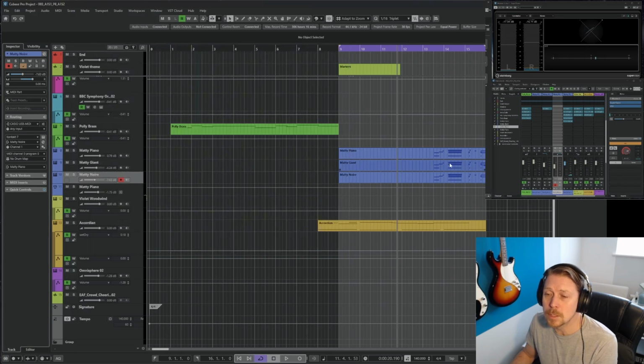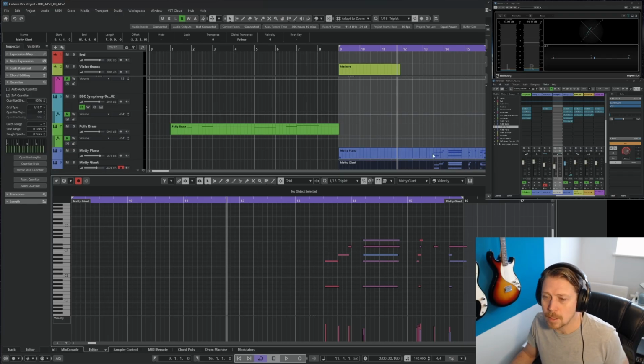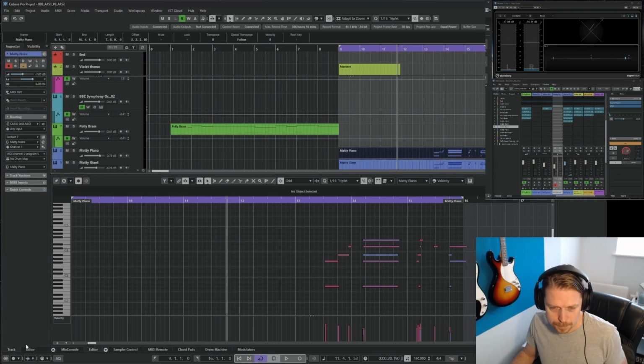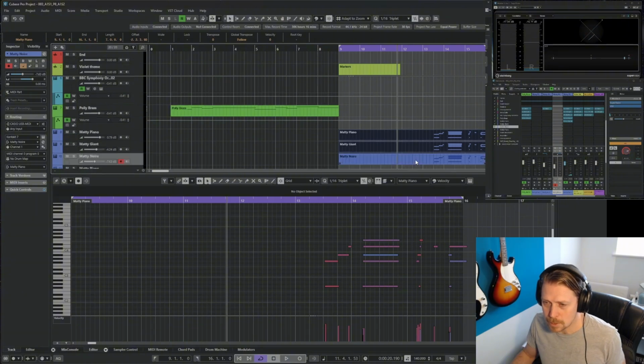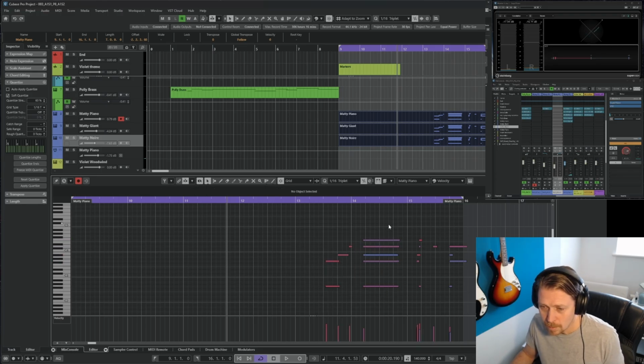Now once I've laid in the part on all three of them, before I do anything else I need to quantize them all properly. I don't really think I wanted that; it sounded a bit rubbish. You know what? Let's quantize first, and we'll line them all up. That definitely needed to be a bit clinkety, technical term. Right, so we're lining them all up, and we're happy with that.